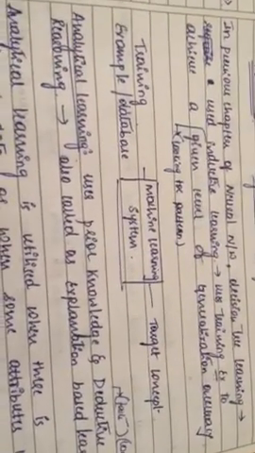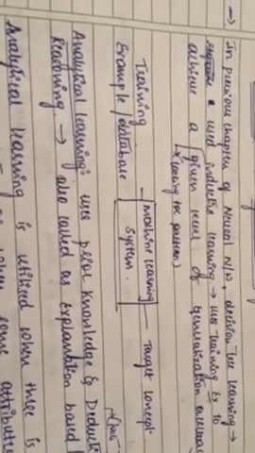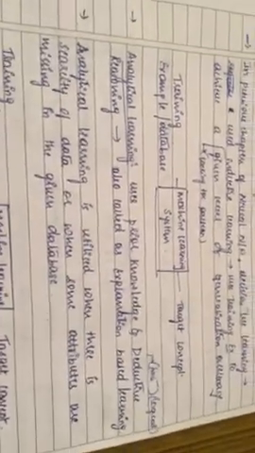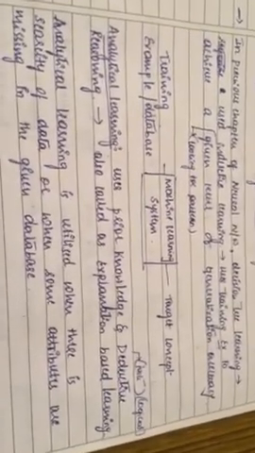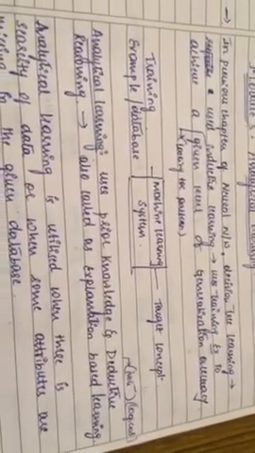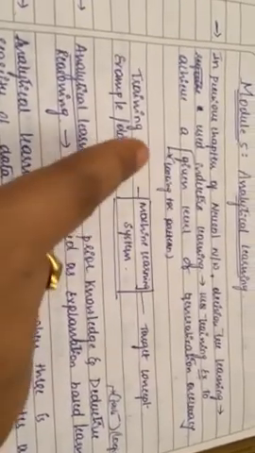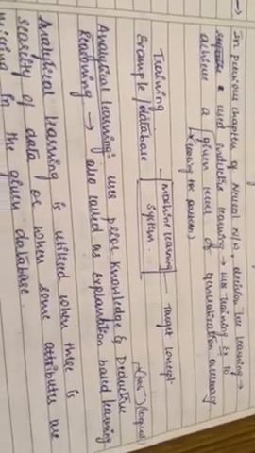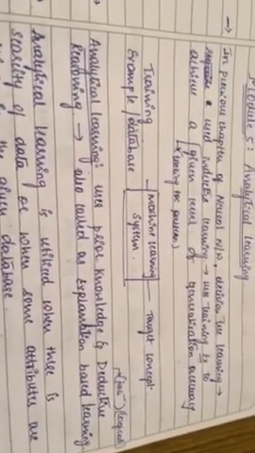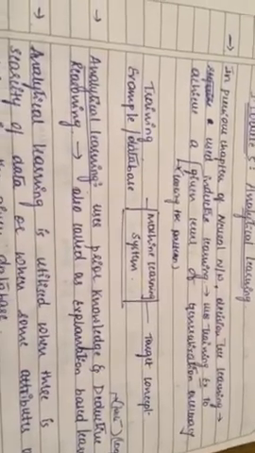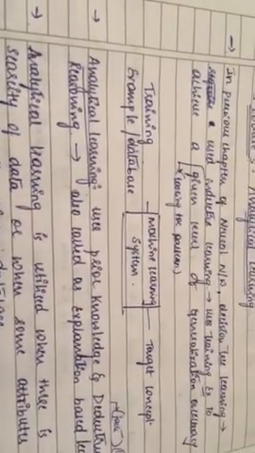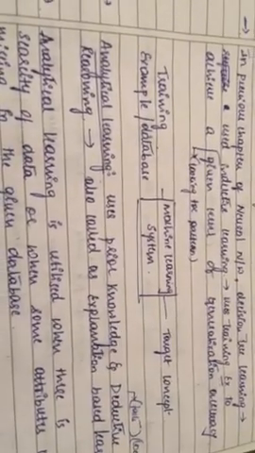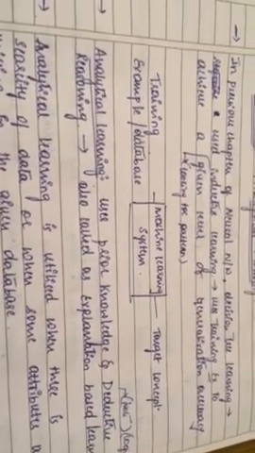So it is based upon the facts. Now analytical learning, that's why it is also called an explanation based learning. So why is it called an explanation? Because the machine is given a training example in a database along with the explanation of each of the training examples. It is given as an input to a machine learning system in order to predict the output. So that's why analytical learning is also called explanation based learning.